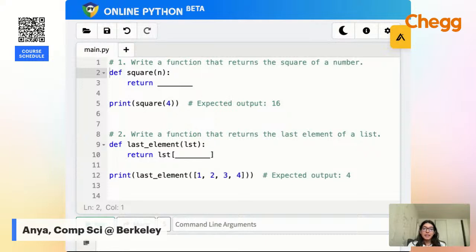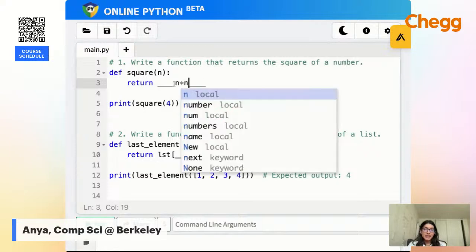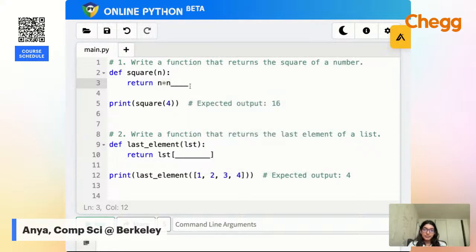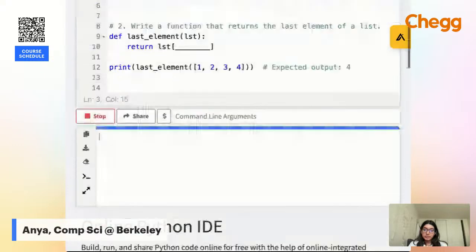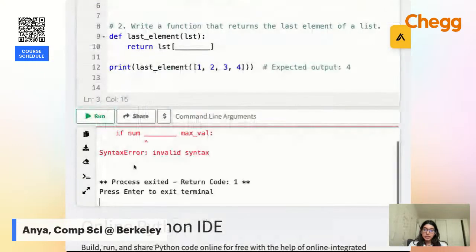For summing up even numbers in a list, we need to loop through the list. And since we're writing a function, we have to make sure that it works over and over if it repeats. So in this case, if we have n, we would just multiply it by itself. So now if we were to run this program,